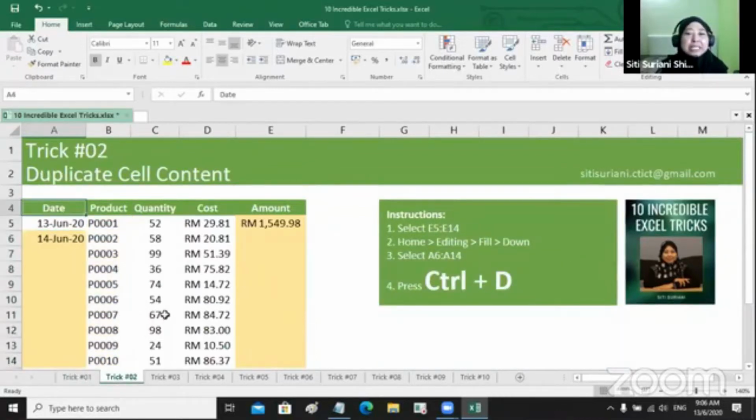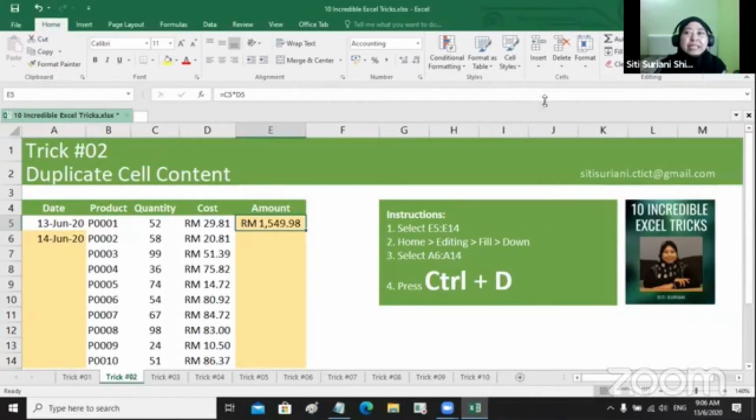Okay, so this is another way of copying formula in Excel. You can use duplicate cell content. With this setting, you can actually have 2 options. I'm going to share with you the first option, which is by using the button from the ribbon. Let's see. I'm going to select the amount, which over here is a formula. To find the setting, you can go from the Home ribbon tab,